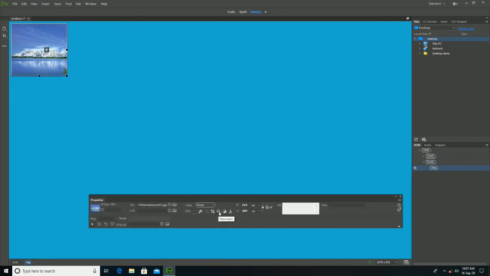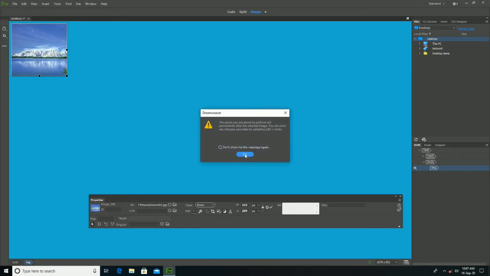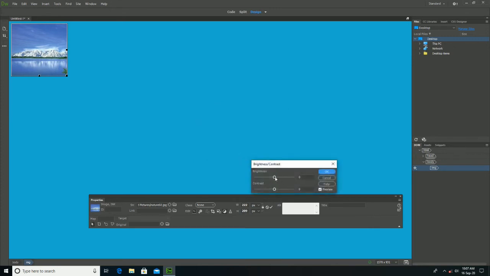Now here you can see the resample option and brightness and contrast. So click on that option and you can set the brightness and contrast of the image accordingly.